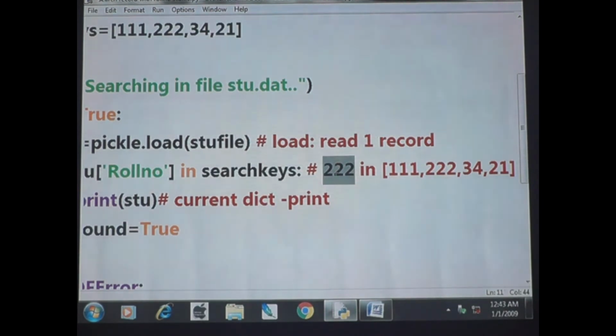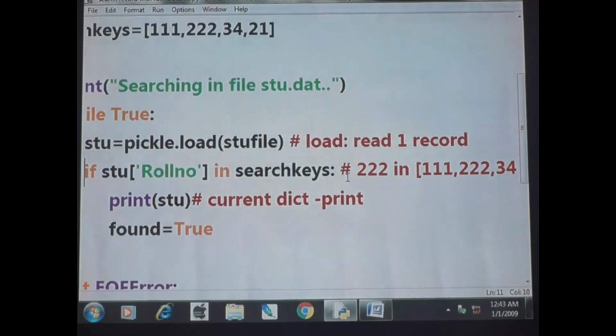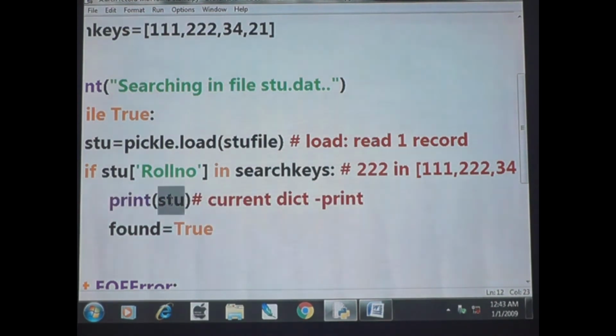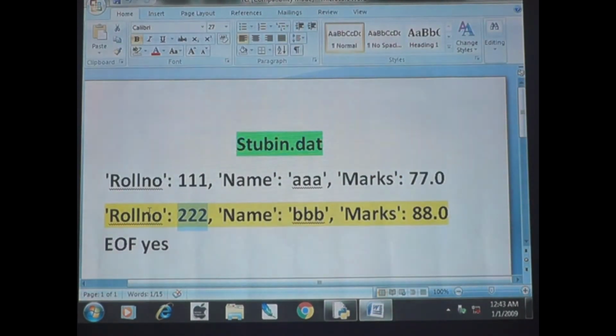Yes, this 222 is found inside the list. So the condition is true, and these two lines will be executed. Print stu means that 222 line will be fully displayed.